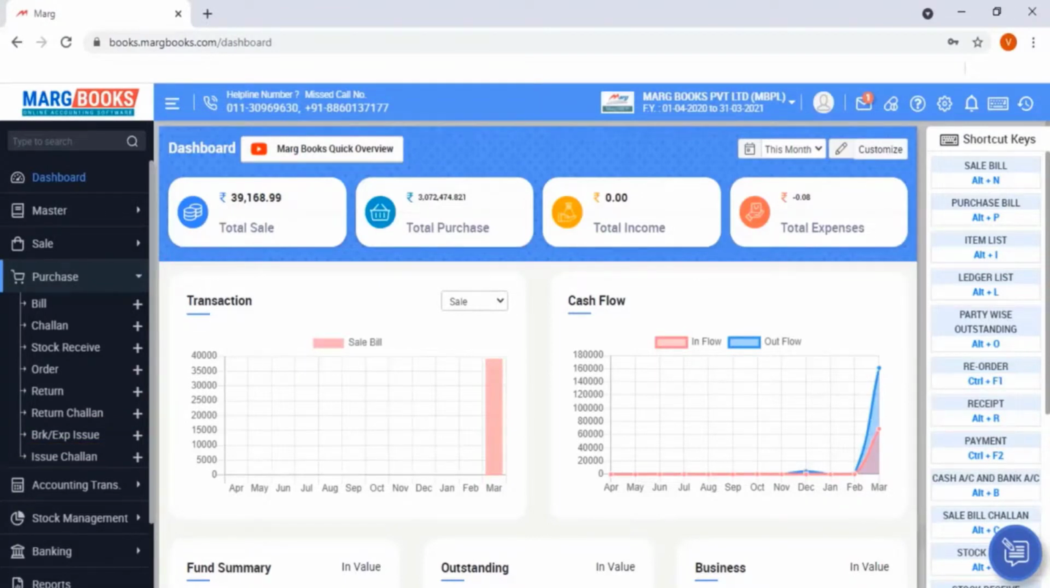So you will return those products to your supplier, for which you will generate breakage or expiry issue. Similarly, the products which get damaged, then for them also you can create the entry for breakage or expiry issue. And in this process, we will tell you how you will create the entry of breakage expiry issue for single,